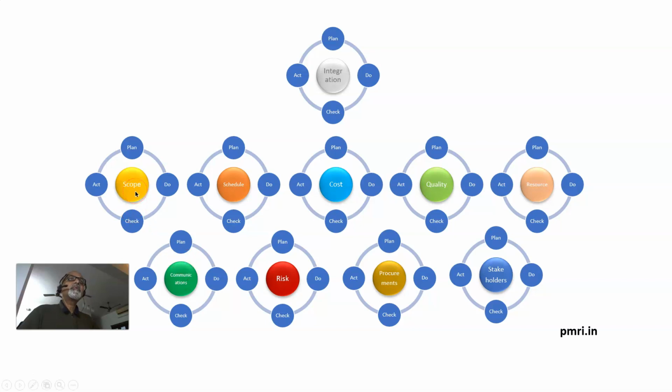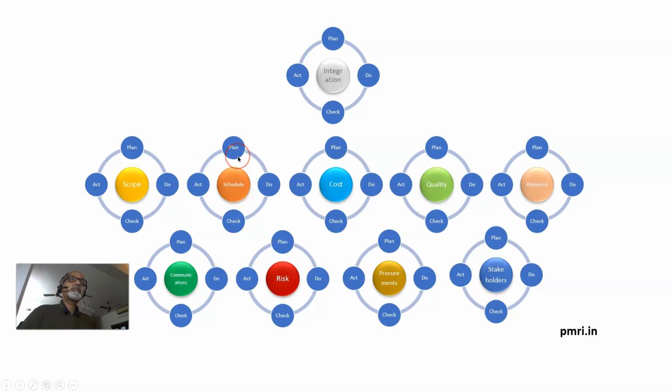Now scope, we must plan for scope development, scope management, scope baselining, changes to the scope, how it is going to be managed. So everything must be planned. Then as per the plan, we should do the scope management and check for variances, and if there is a variance, we take action.